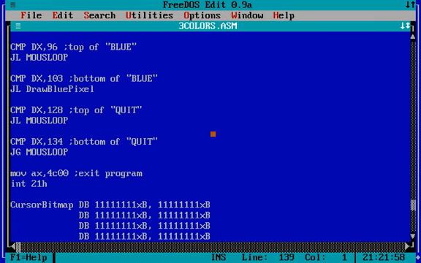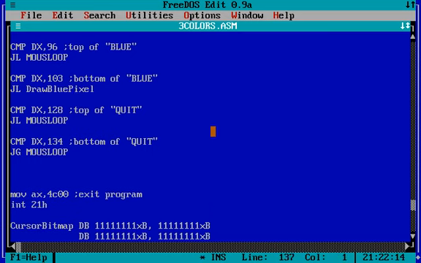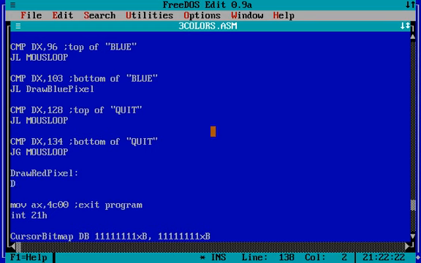So I'm hoping that the program should work as is, except for the problem here that I don't have routines for the pixels, so I think it's going to complain. Yeah, it's going to complain and say draw blue pixel, draw red pixel, draw green pixel don't exist. So actually, before I run this, let's make sure that those routines do exist. What I could actually do is just stack them all up here for now,